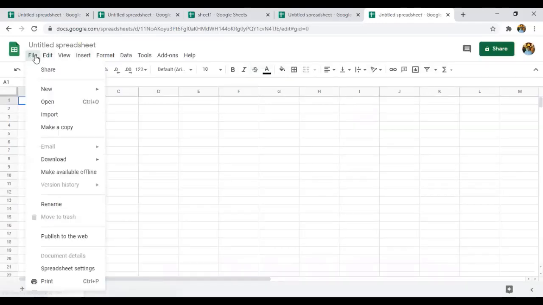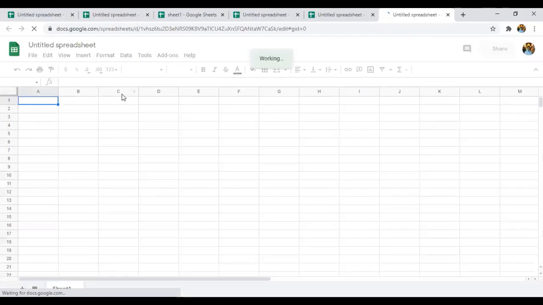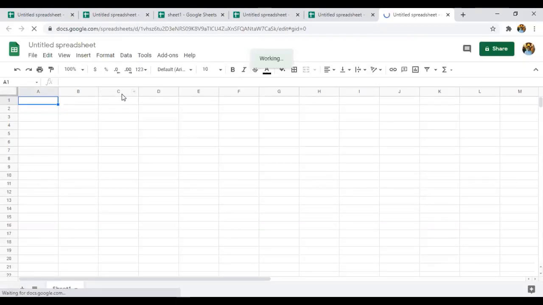And as I told you, if you want to create a new sheet, just go to the sheet. If you click on New, you can see different types: sheets, documents, or presentation, whatever you want. As we are talking about sheets, just click on spreadsheet and a new spreadsheet, that is a new Google Sheet, will open.